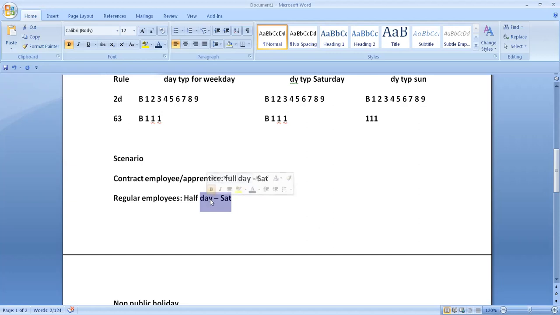This is one scenario. Another scenario, say this is scenario 1. Let's take another scenario, say scenario 2. In this scenario you are telling that